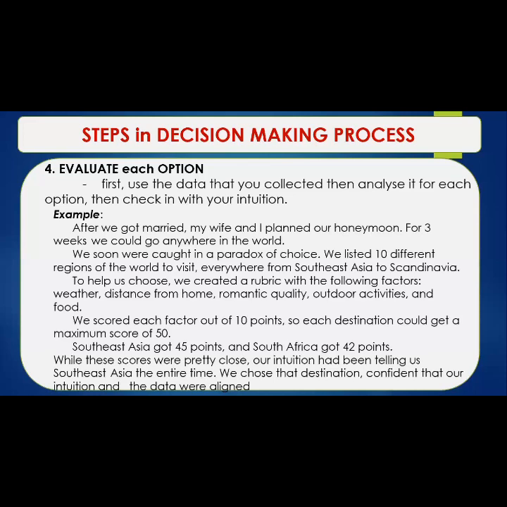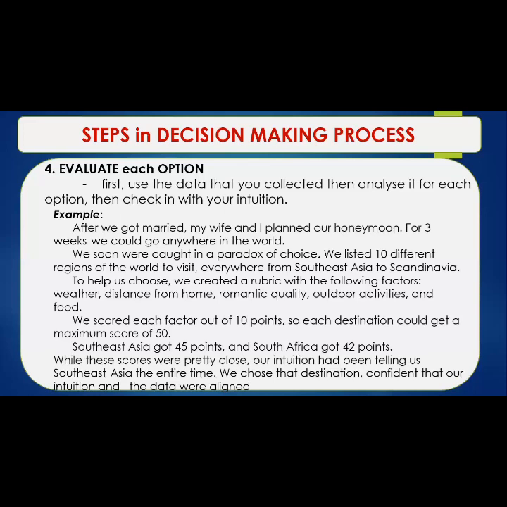Simply choose a few important factors for your decision and give each option a score for each factor. Then add up the scores and rank based on score. Check in with your intuition too. Our intuition translates the learnings of our entire life into emotions and physical gut feelings to aid our decision making. And if the rubric and your intuition are pointing to the same solution, then that's worth paying attention to. Okay, so that is evaluation of each option.